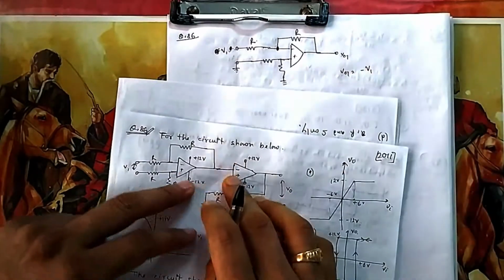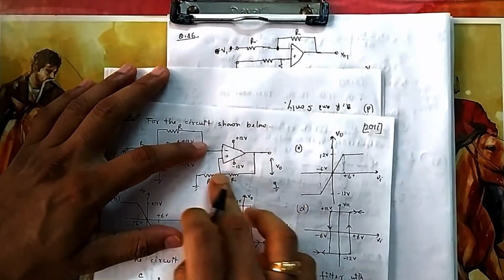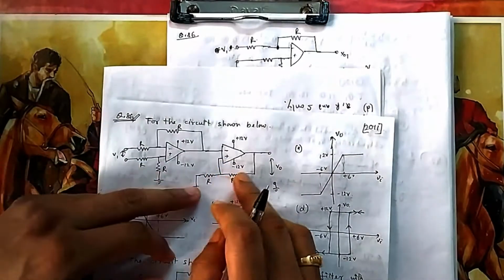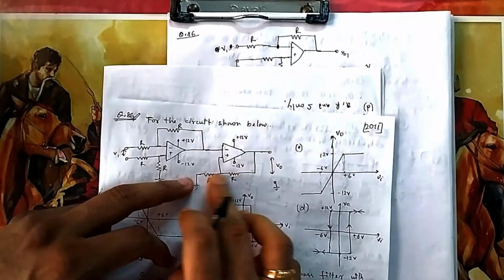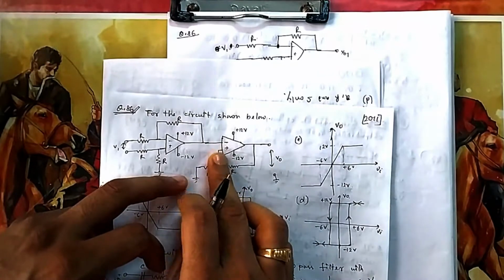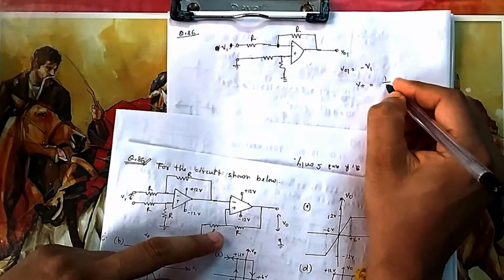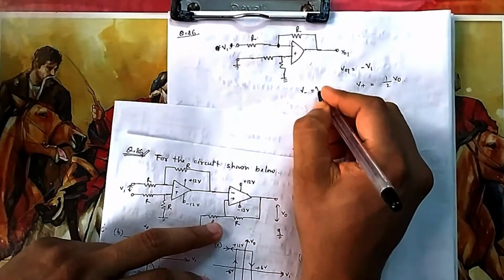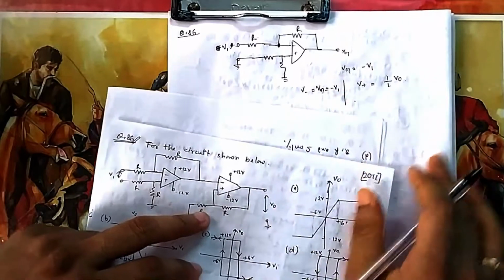Okay, now come to this one. Now this is a comparator type. You see, this is a comparator. So whatever output you are giving, half of that output, because you see V0 is divided into 2R, this half is coming here. So V plus is half of V0. And what is V minus? V minus is your this one, V0 1, which is minus V1. So these are these two voltages.